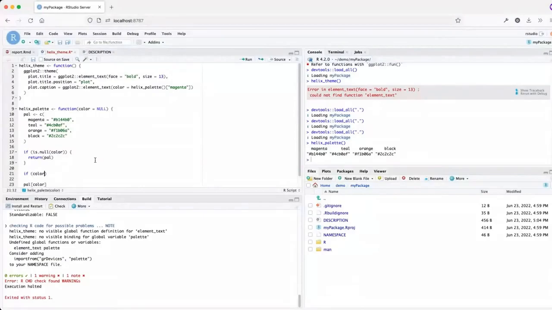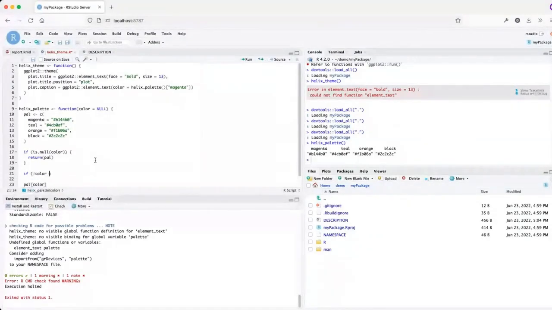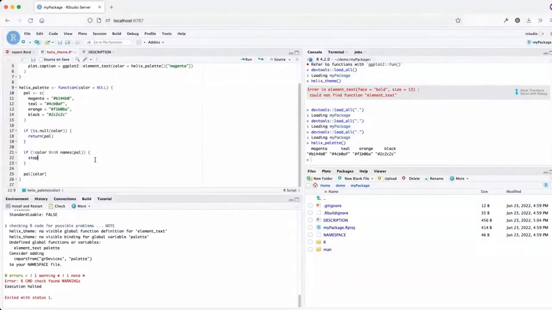If somebody were to give me a color name that is not in the names of our official palette, we'll stop, we'll throw an error, in other words, and say that the color that they chose is not an official helix color.